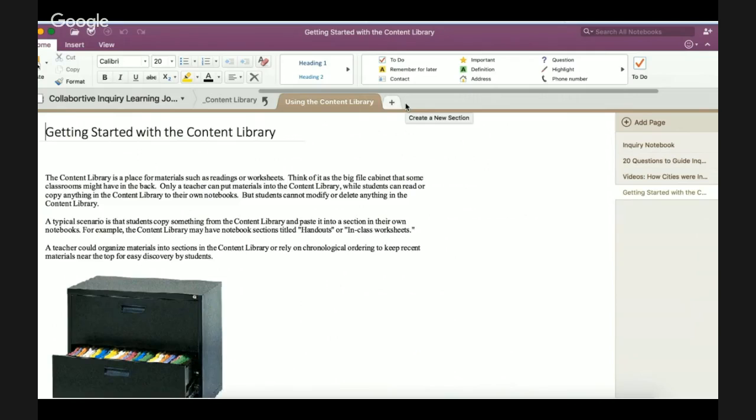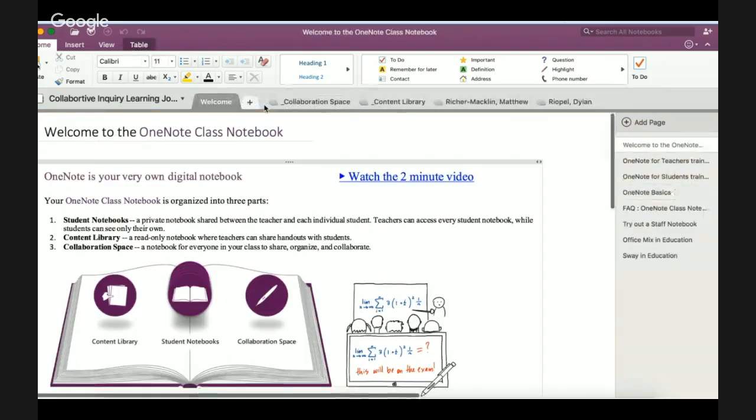So the teachers edit the content, but students can only view or copy the content within here. This area can be used for possibly distributing tests, assignments, or other course material. The students could be coming in here and picking up rubrics and copying them and placing them into their own library. Moving back into the personal notebook, you'll see up here that I can see the students that are placed